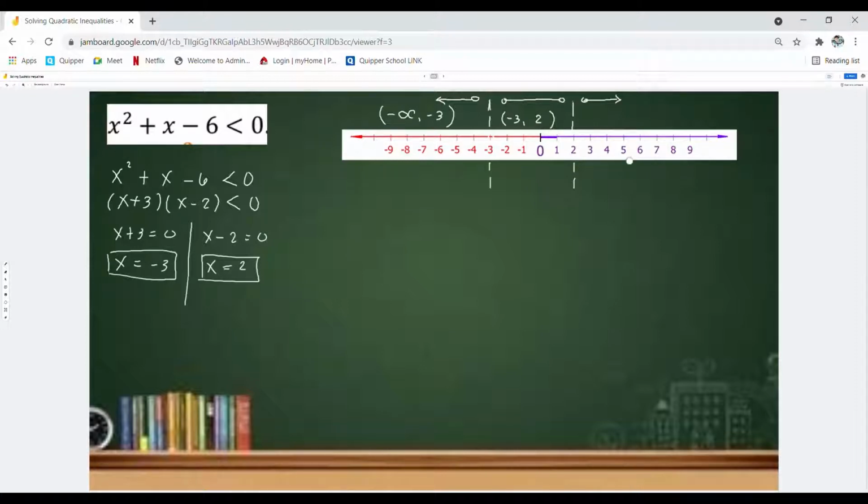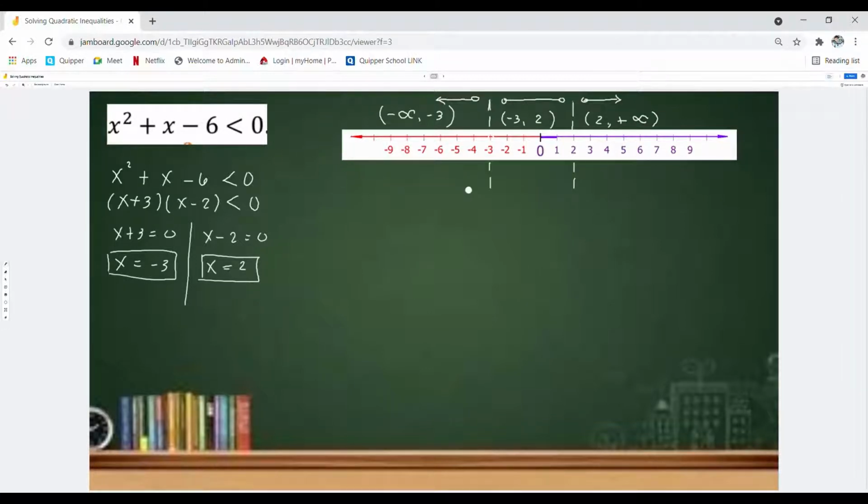Technically, so it's a 2. Alright, open parenthesis. And here, it's an open 2 to the positive infinity. So these are the intervals of the 3 sections. Now, in each interval, you need to test which of these intervals is true to the equation, to the